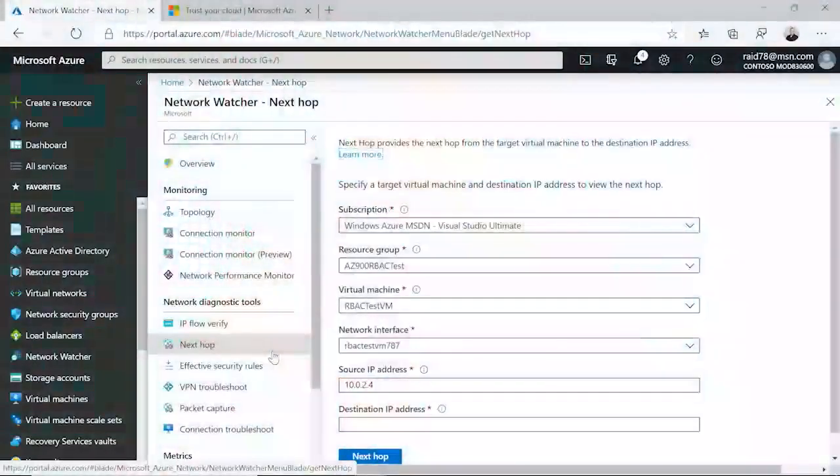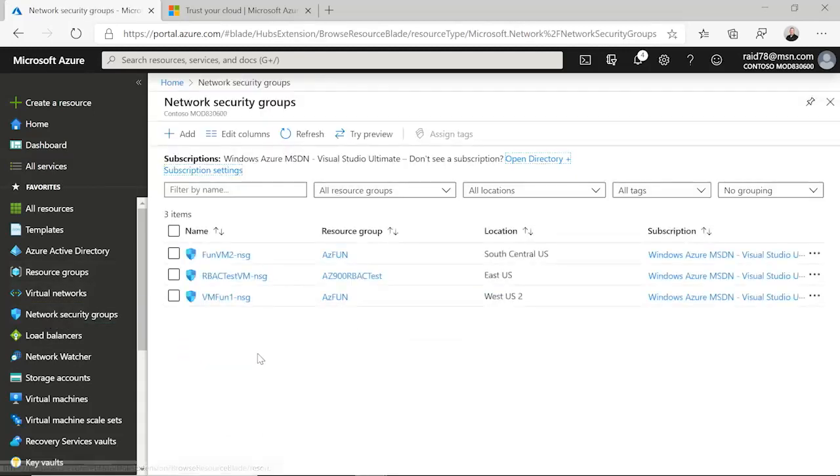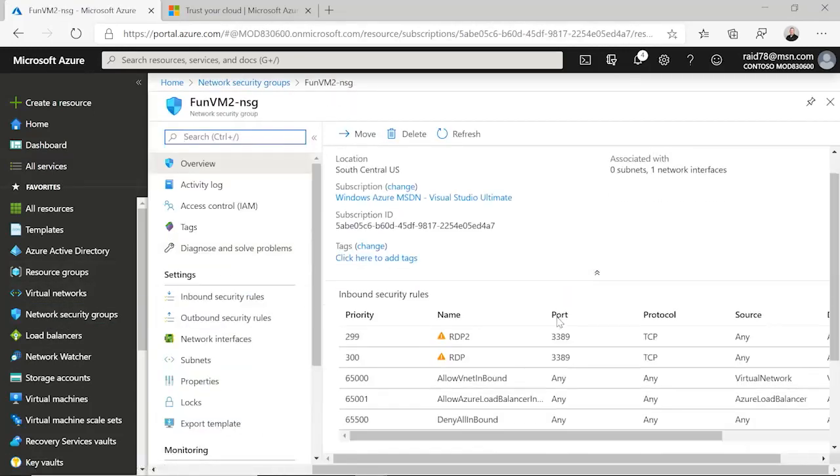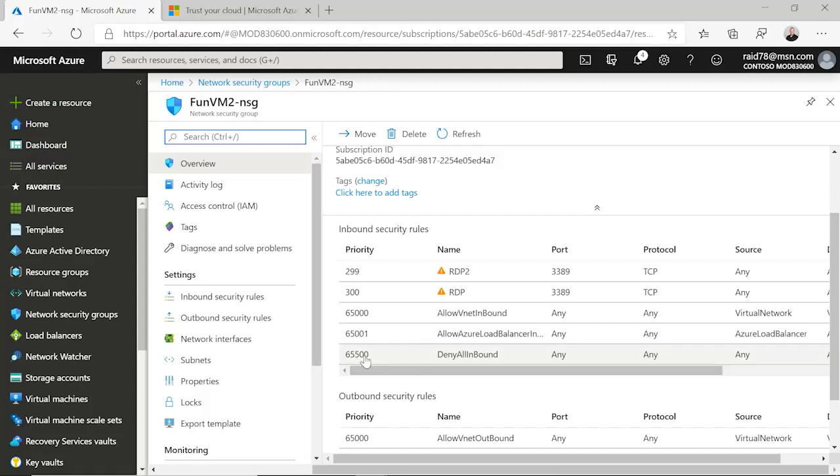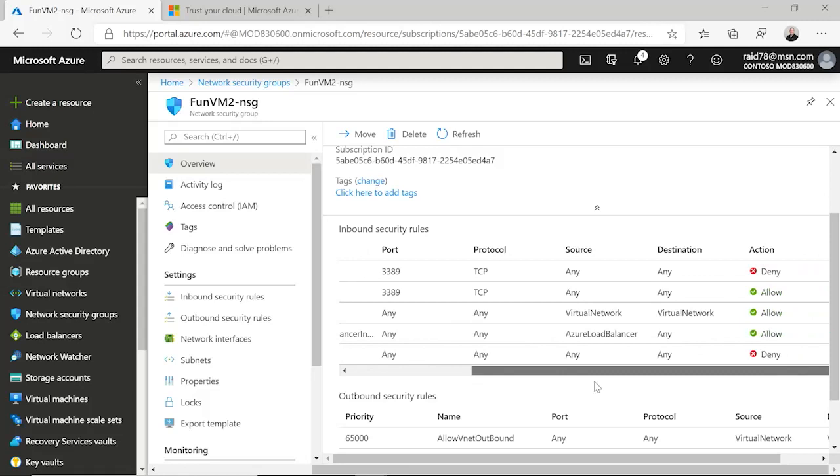So understand we have some great tools to secure a network, and we have some great tools to help you troubleshoot that flow. Can I get from point A to B? Did an effective rule deny me somewhere and I have to go look at it? And when you look at those network security groups, and this is where Garrett figured it out, if you notice the default rules, the very last rule that is created, and by the way, you can't get rid of the default rules, the very last rule